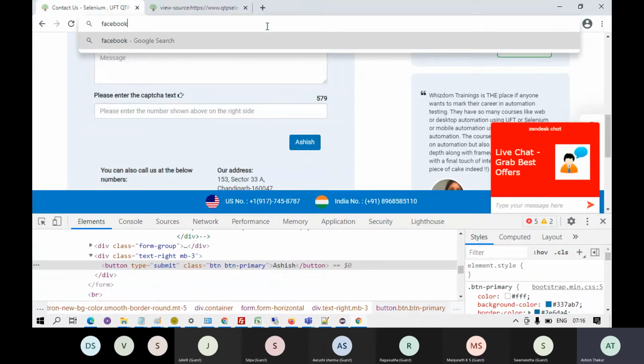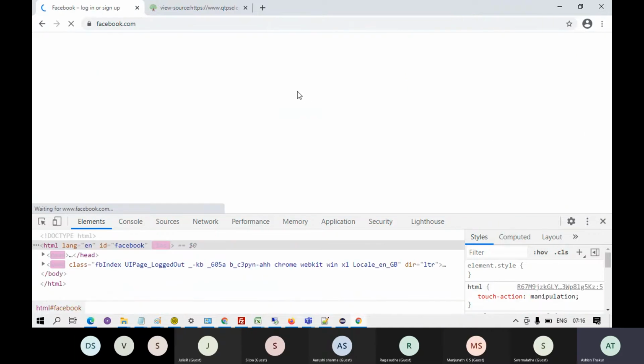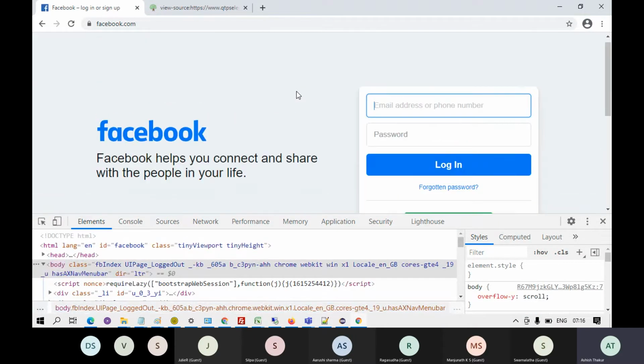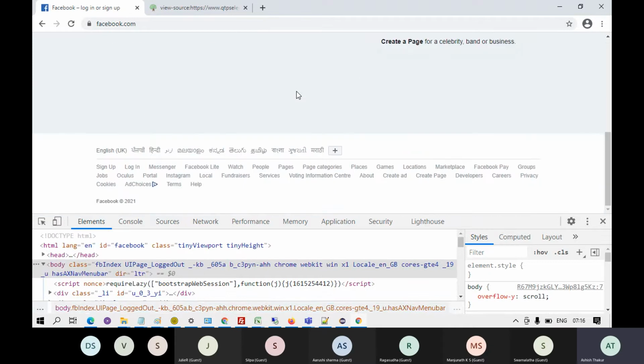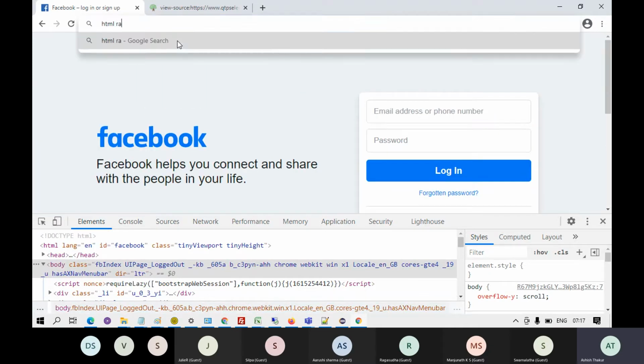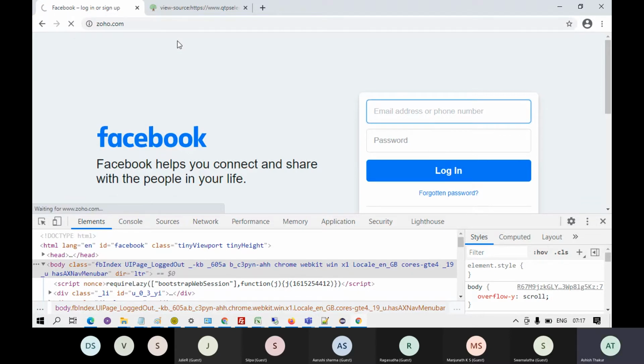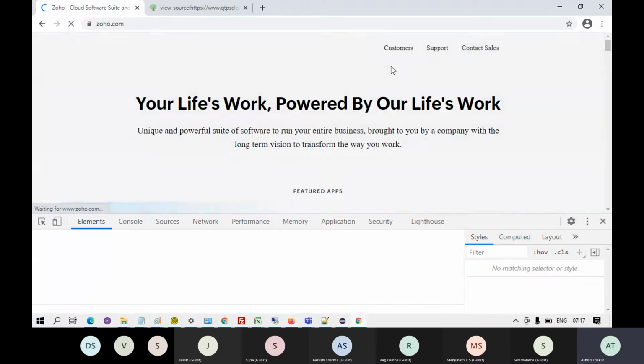Hold on. If I go to Facebook, they have also removed it. Hold on. So I'll just type HTML radio button. Or you go to the website zoho.com. They had a radio button or checkbox.